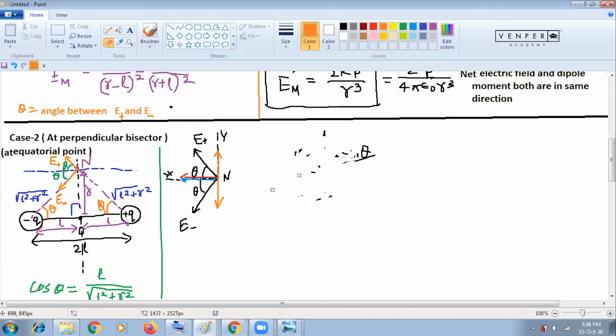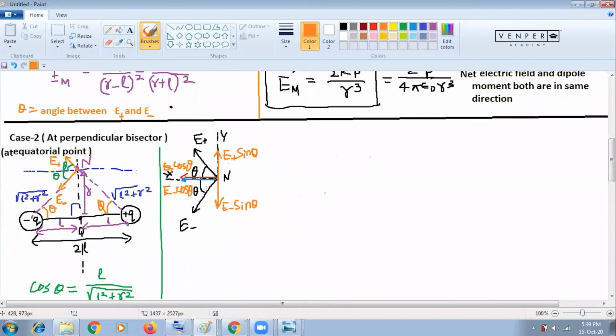Okay, so what I told, now at the end point, there are components of the field you are taking. In the minus x direction, what is happening? Here is E plus cos theta, this red one, and another one is E minus cos theta. And in this direction, it is E plus sin theta, and here it is E minus sin theta. So this is coming like this, and here you have E plus cos theta, and in this direction also you have E minus cos theta.